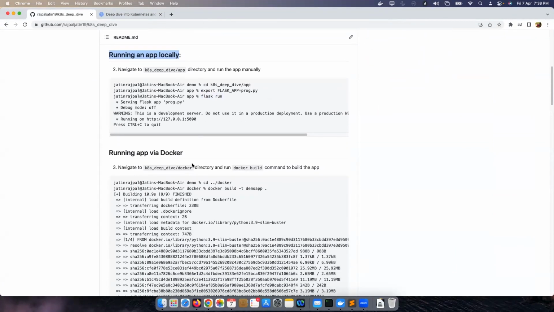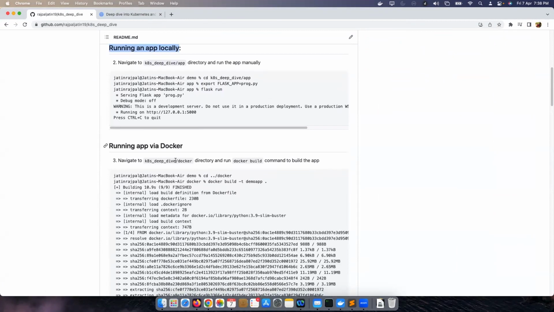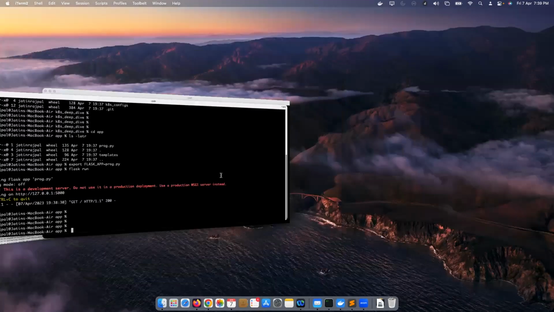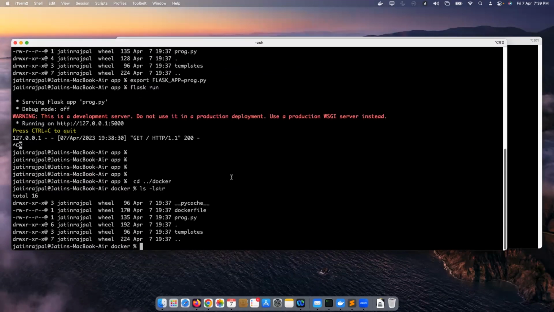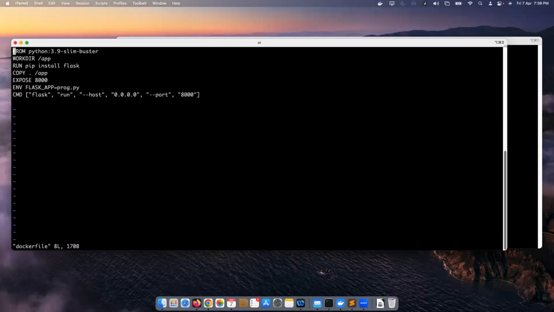How am I going to containerize it? Let's discuss it, and this is basically the important part. So navigate to your Docker folder. Now that you have navigated to your Docker folder, you'll see different things here. You'll see a Dockerfile, which is the most important block that we need to understand. If we have to containerize an application, we have to create this Dockerfile.